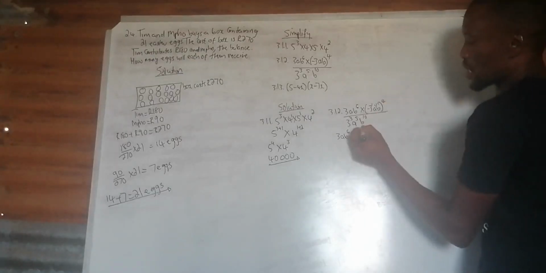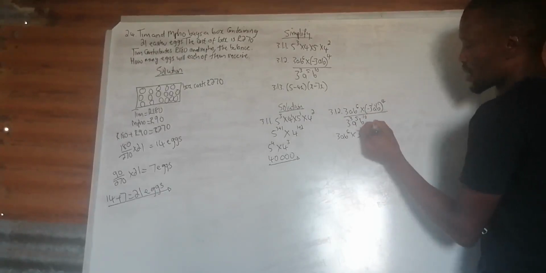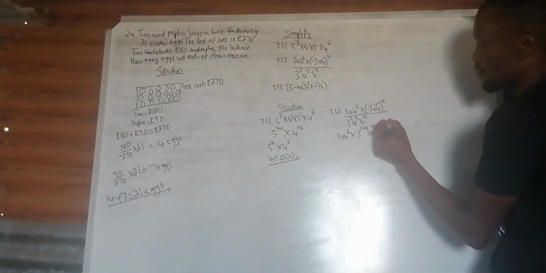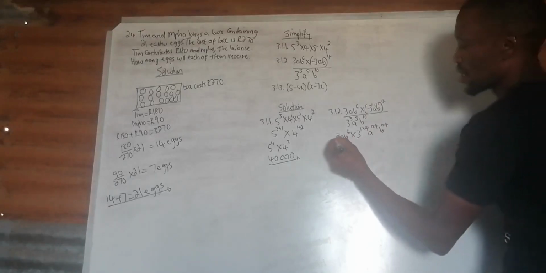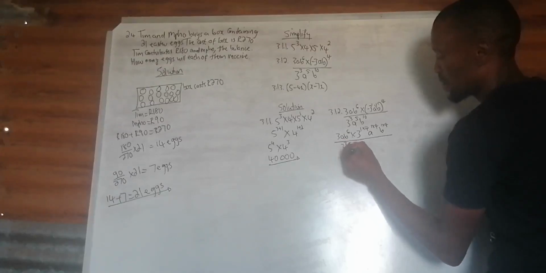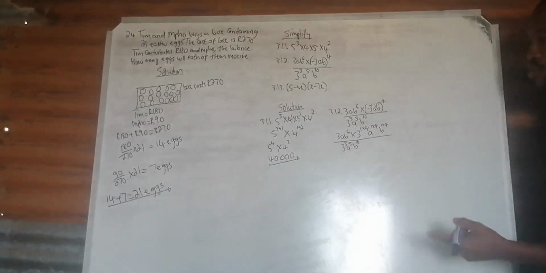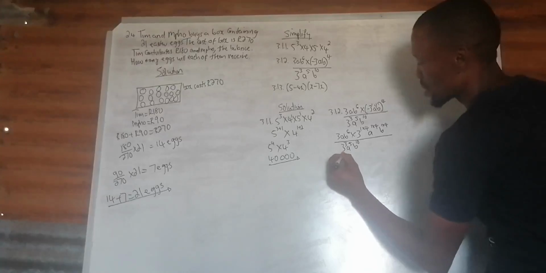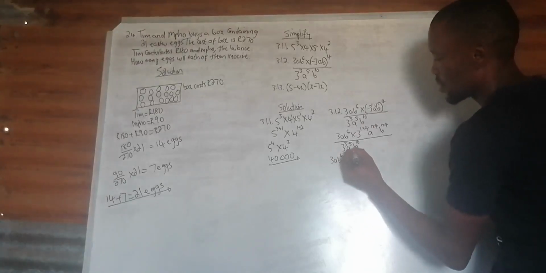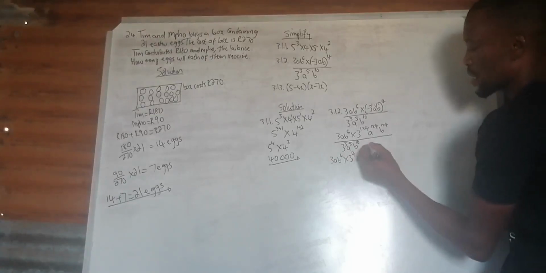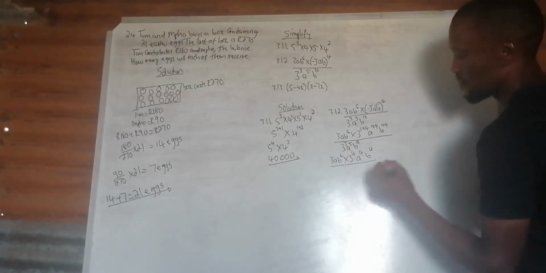The 3, the exponent 1, we multiply by 4. This A, exponent 1, we multiply by 4. B, exponent 1, we multiply by 4. Then you divide by 3^3 a^5 b^10. When you are here, let's simplify this. You have 3a b^6, 1 times 4 is 4, 1 times 4 is 4, 1 times 4 is 4, divided by